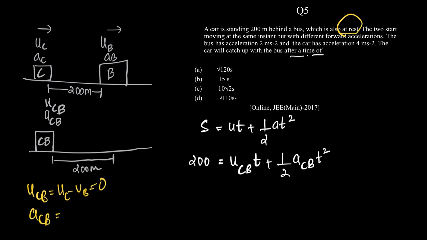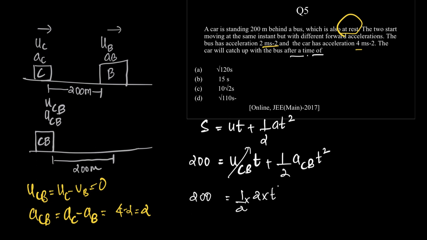What is ACB? ACB is acceleration of car minus acceleration of bus. The car is given to be 4 and the bus is 2, so it is 4 minus 2 equals 2. So the equation reduces to 200 equals, this term being 0, half into 2 into t squared. The 2 and 2 cancel, so t squared equals 200, in which case t is equal to root of 200, and therefore the answer is,